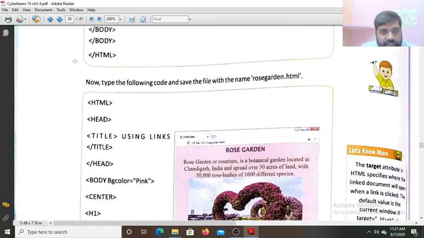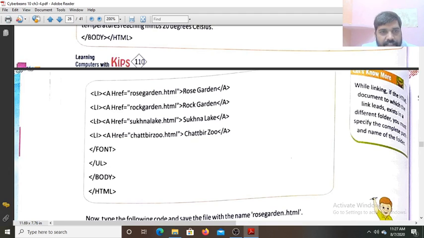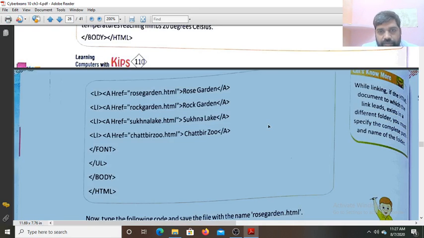In the next class we will discuss how to create a hyperlink. The anchor tag is used, as you see here, to create a hyperlink. This we will study in the next class, that is on Monday. On Monday I will show you on Notepad how we write the HTML code to add an image on the web page, and I will show you that also. Okay, thank you for the attention.